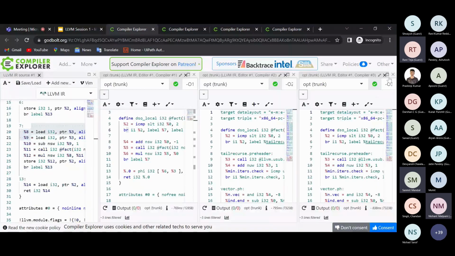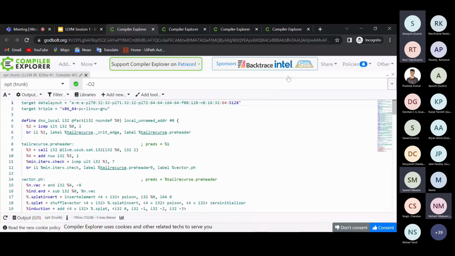This is O0, this is O1, sorry. This is almost no optimization. With O2, you'll be able to see some change in the IR. There is a lot of branching, there is tail recursion, there is vector ph.